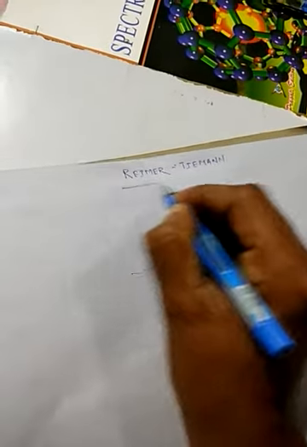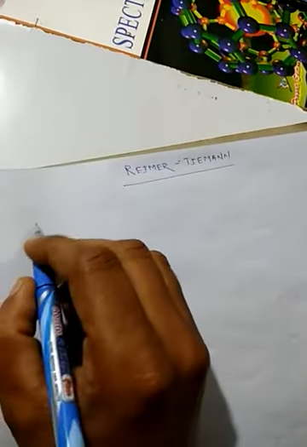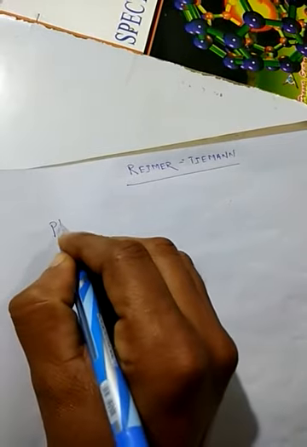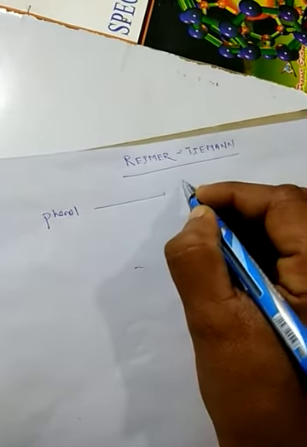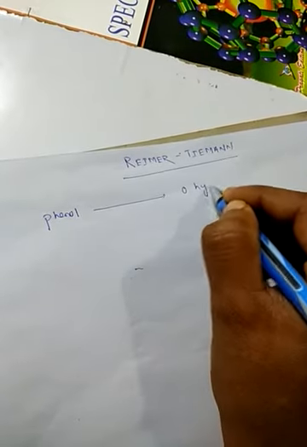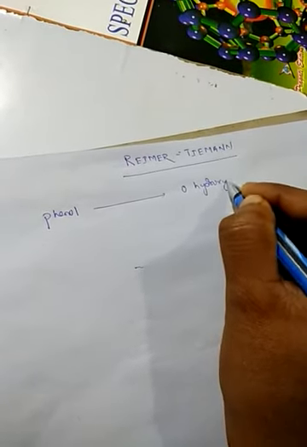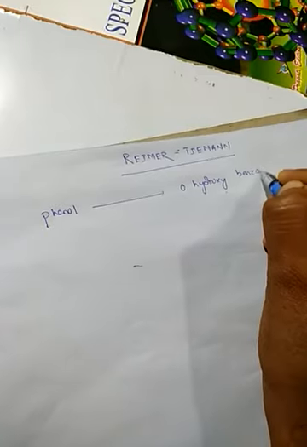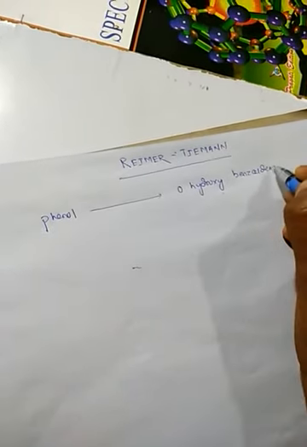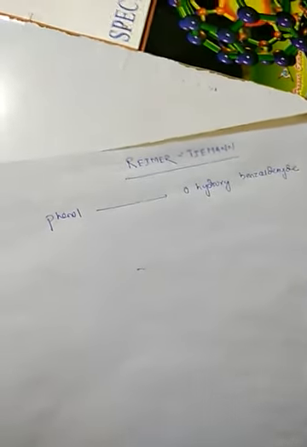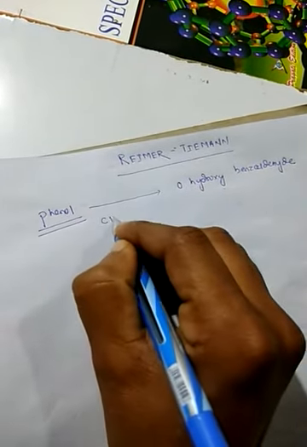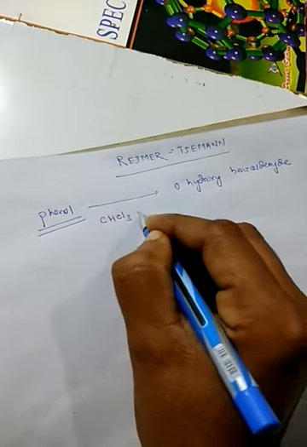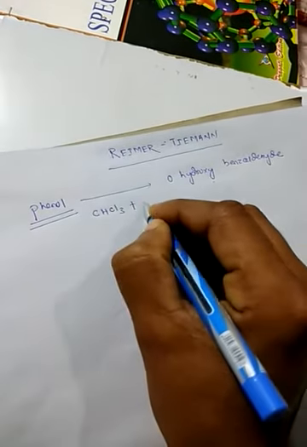Reimer-Tiemann reaction. In this reaction, we can simply convert phenol into salicylaldehyde or ortho-hydroxybenzaldehyde. In case of a Reimer-Tiemann reaction, whenever we treat phenol with chloroform and sodium hydroxide